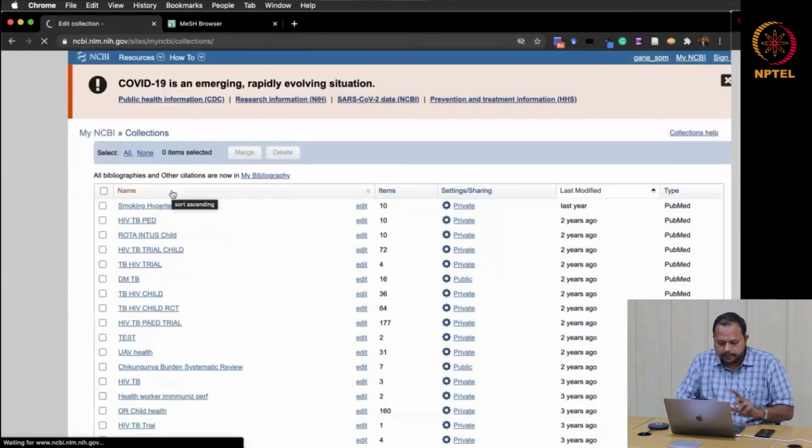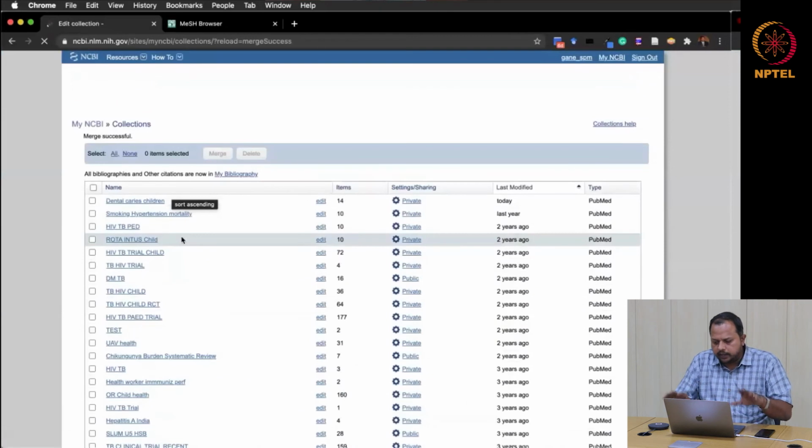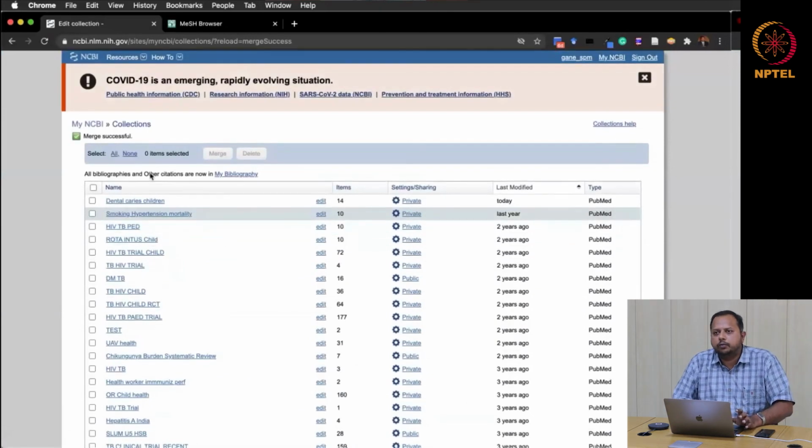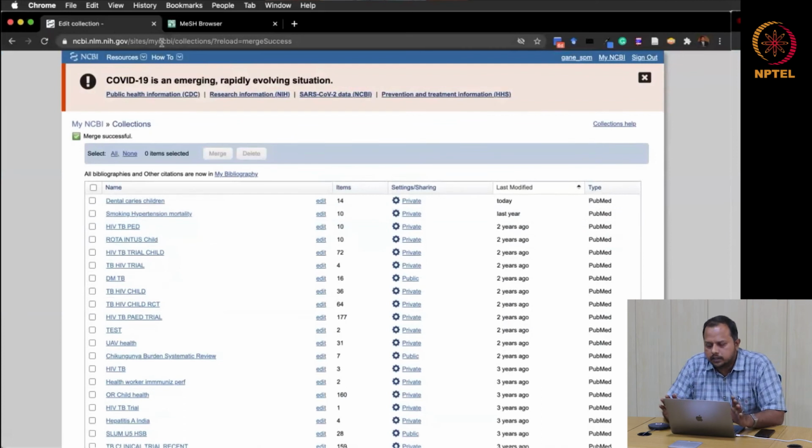That's it, it's done. So this will remain throughout your life. It won't go anywhere else. That's the advantage when you have these collections. All these things are freely available. So this is the best way where you can search, where you can store, and where you can also manage this, and it will be always available.